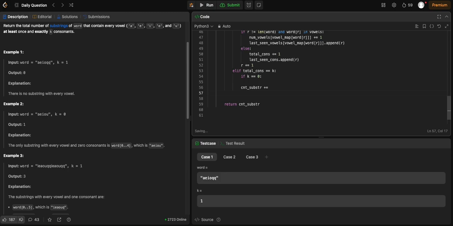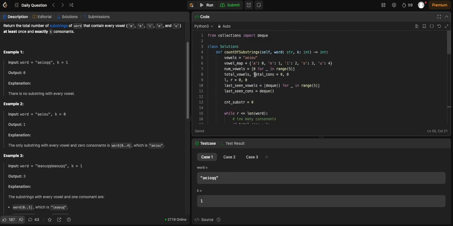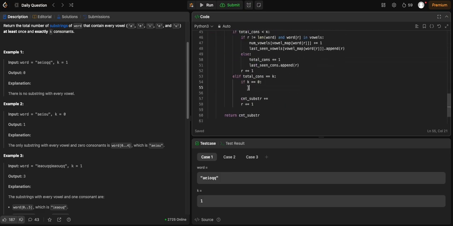Are we expanding? Yeah, let's expand, because we are doing the contracting when we're calculating this. So if k is equal to 0, for this case we're not going to get any consonants. So we should just get